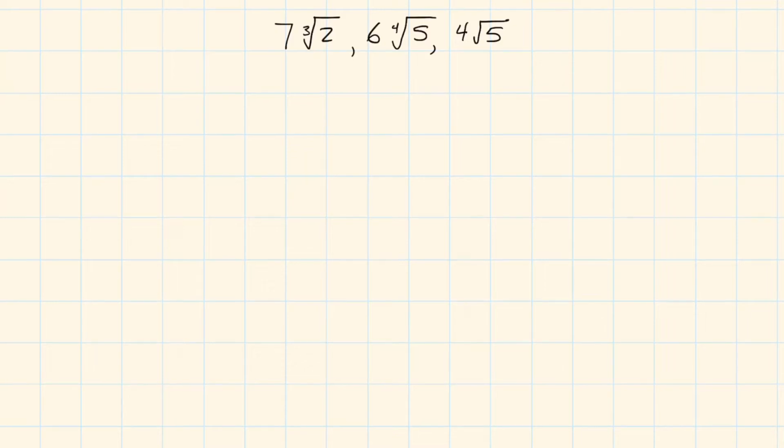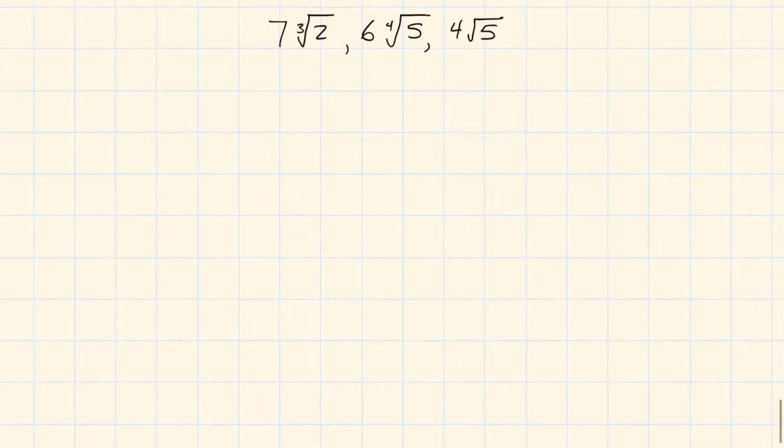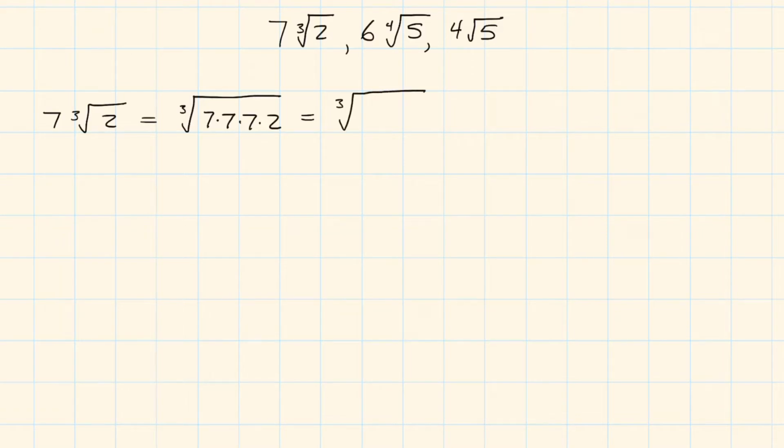If I were doing this question, I would just type all these in my calculator, get decimals, and order them from smallest to largest. But just to try, this is what I'd do if I was trying to do it without a calculator. I'd change them all to entire radicals. So the 7 cube root of 2 is the same as the cube root of